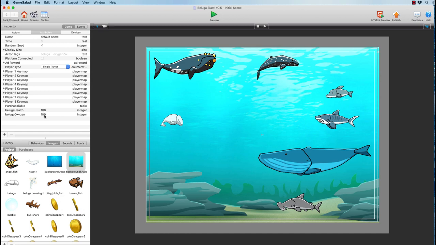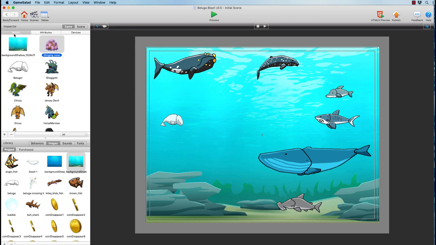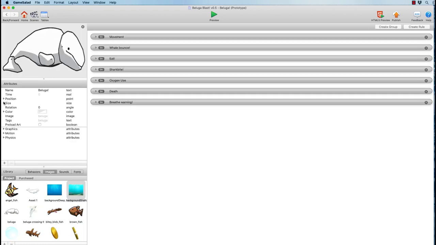Before moving on, I wanted to say I mentioned global variables. These are two global variables that are accessible to every object in the game. There are different kinds of variables. There's what a more normal variable might be. I'll give you a quick example of that. So size is a great example of a variable that is not a global variable. This is a variable specific to the Beluga object. The size is 100 pixels wide and 55 pixels tall. So these are called variables that are local or specific to the Beluga object.